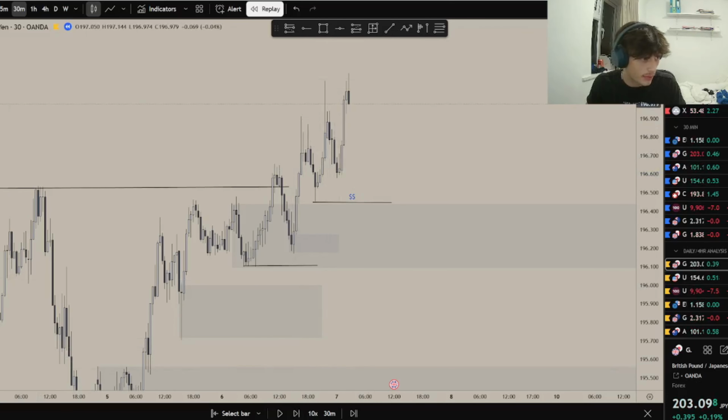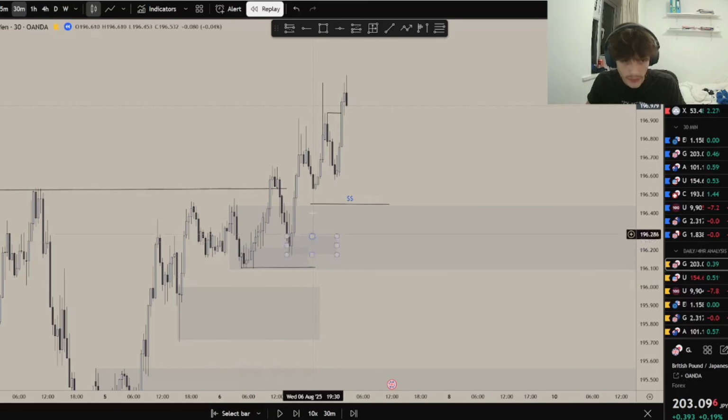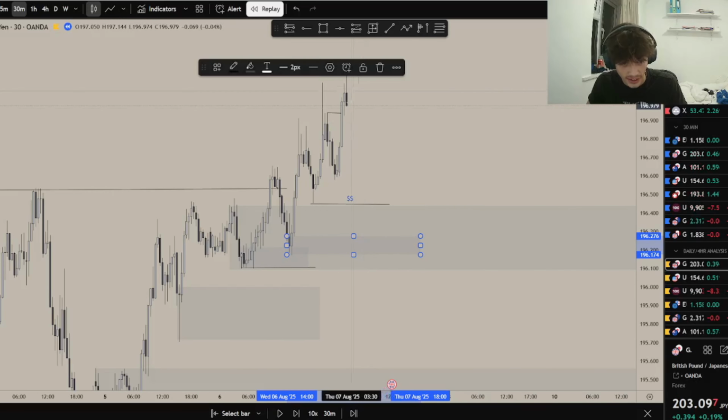So now I just want to see some even, okay, we got another break of structure. So we got this break of structure as well. So we have one break of structure, we have another break of structure. We can see areas of demand getting respected. This is like perfect analysis for me. We see areas of demand getting respected. We see liquidity being made in a 4-hour area of demand with an area of demand on the 30-minute time frame. And now all we want to see is price retrace into this area in a straight movement